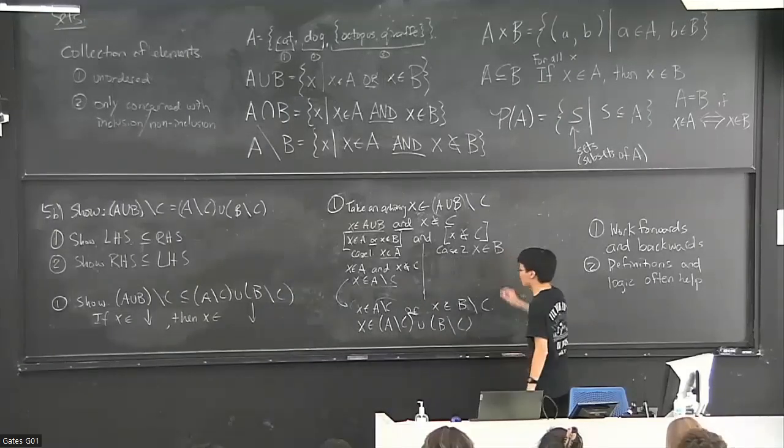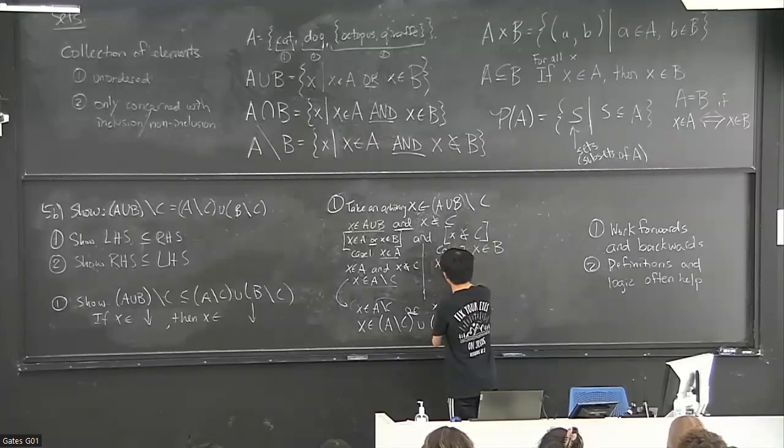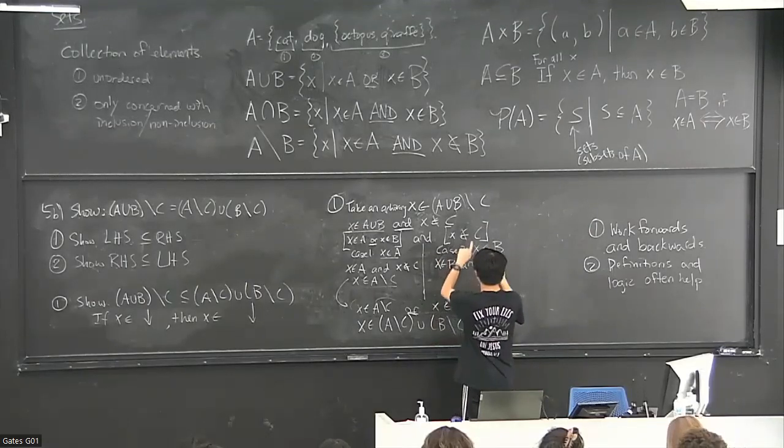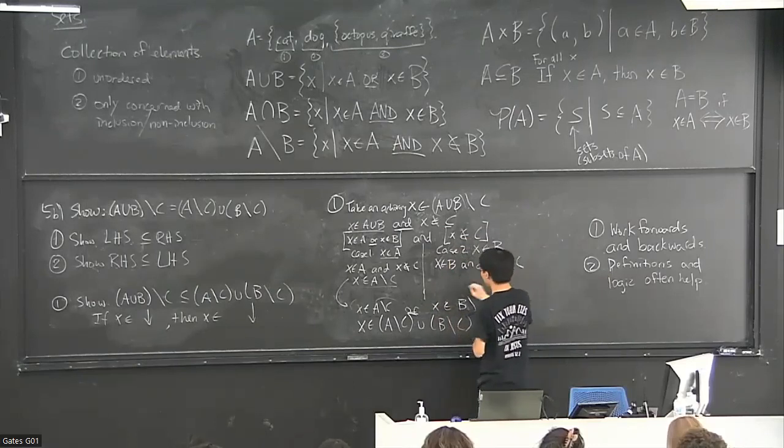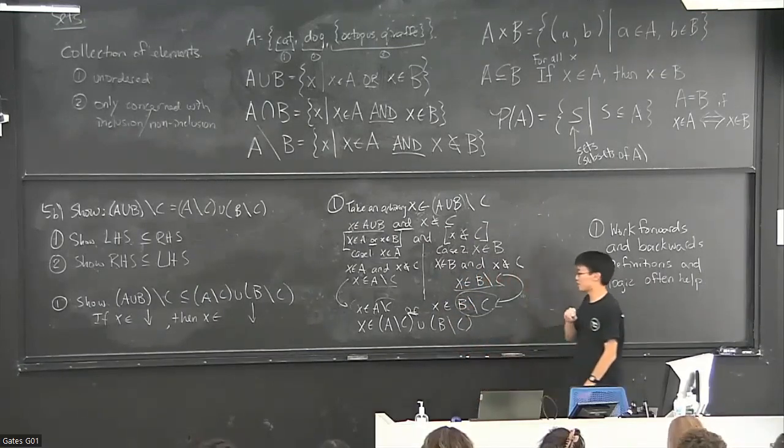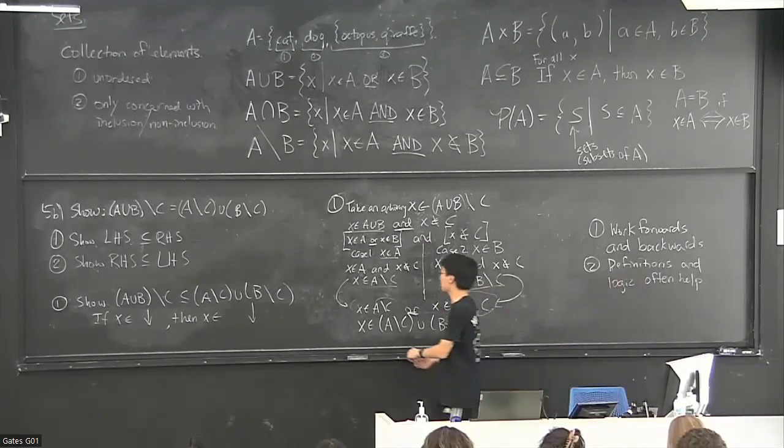Here, x is in B. So I know x is in B. And I know x is not inside C. This, by definition, is this. Here I've proven this one individually, which gives me the full or statement. And so here, notice